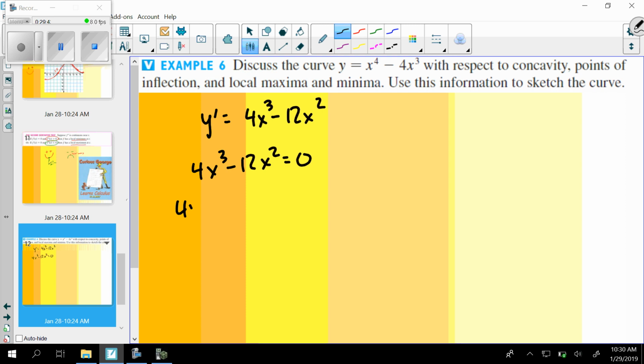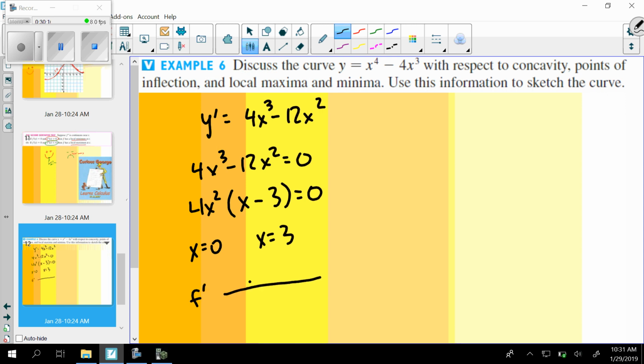So it appears we can do some factoring here. Let's factor out a greatest common factor of 4x, leaving x squared minus 3x here. Oh, sorry, we can factor out x squared. Let's do 4x squared, leaving x minus 3 here. So on this one, the two places that this would equal 0, if we put both these equal to 0, would be at 0 and at 3. So with our first derivative, we want to check what's happening inside and outside of those points